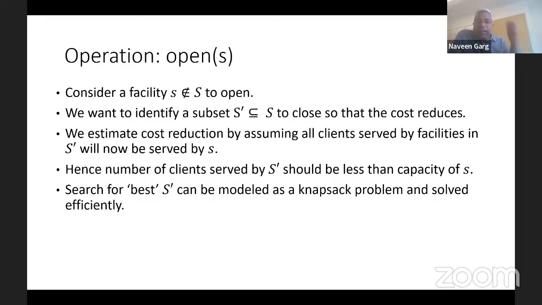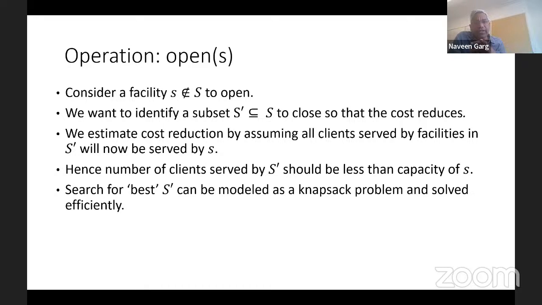Now, the other part where we have to, so now we also have to bound the facility cost of our solution, right? Remember, the cost has two components to it: the cost of servicing the clients plus the cost of opening the facilities. And so now I have to bound the cost of opening the facilities of my solution. And there I'm going to be using the open operation that we had, which was